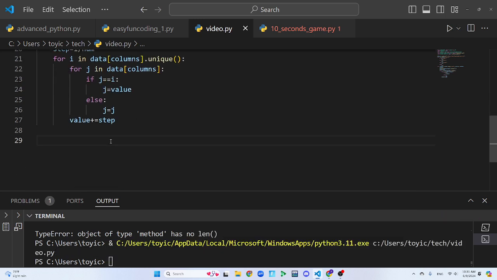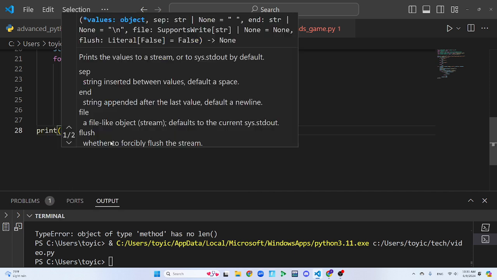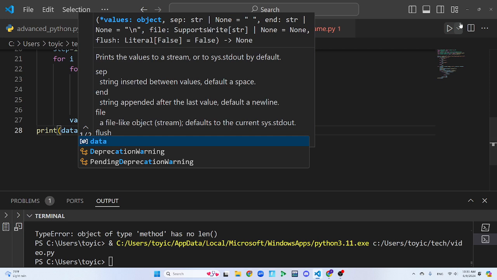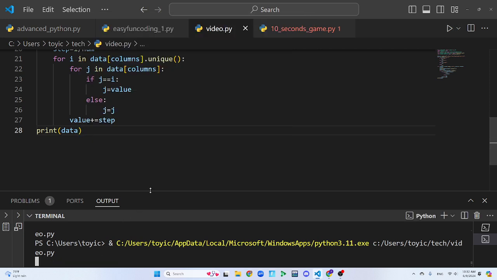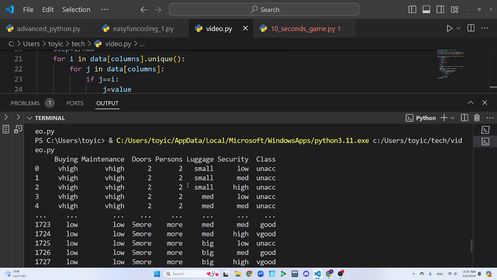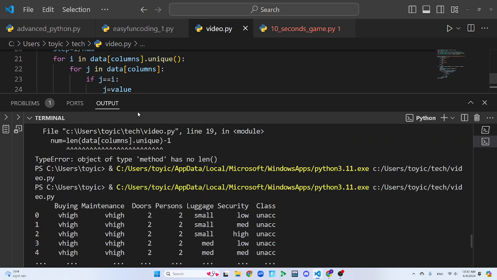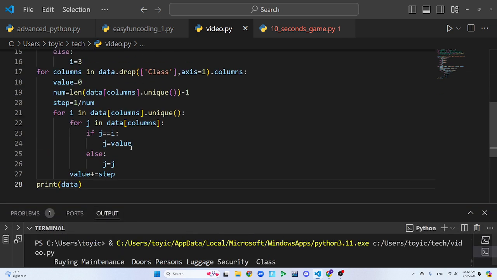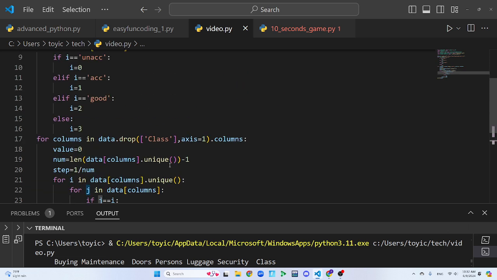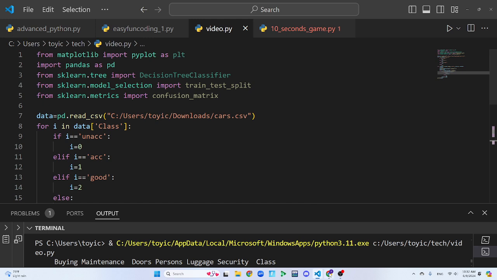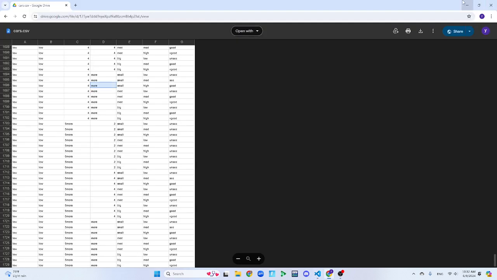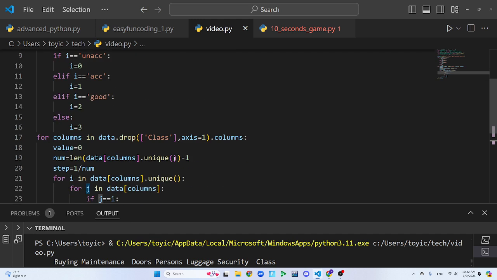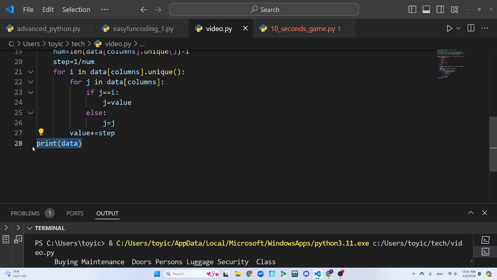And now we can print out data. But I'm not really sure. We modified the data already, but I'm not really sure would this work yet. I actually don't get why. We already modified it, but it just doesn't really impact the original data set. I think that's why. Alright, now we already changed the data. And now we're getting into the juicy part